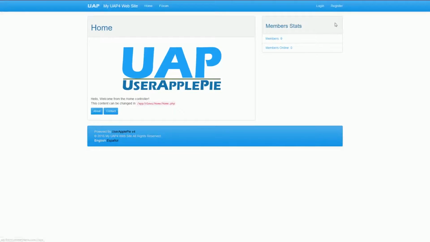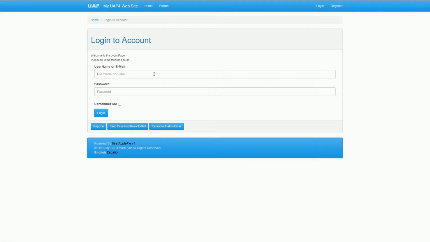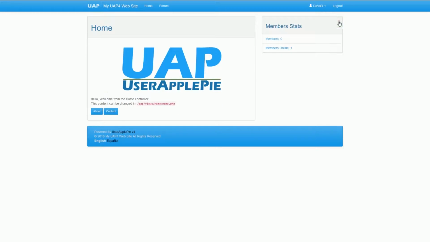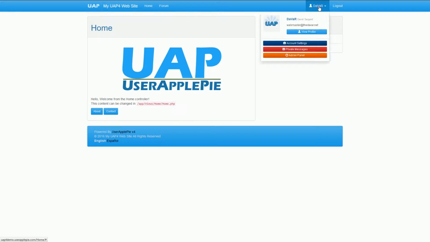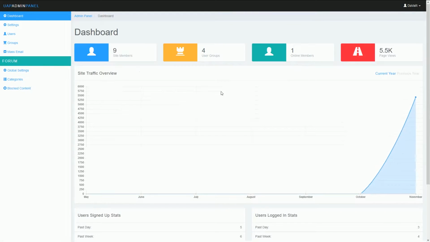So it's got a nice admin panel. If we log in, and I'll log in as me, and since I'm an administrator, if I click on my username up here in the corner, it'll provide me this drop-down menu, and I'll have admin panel, private messaging, my account settings, and view profile, and a little information about me. So if we go to the admin panel,